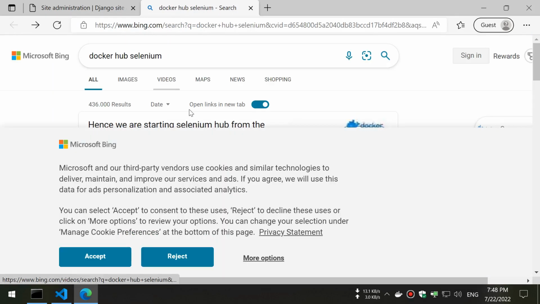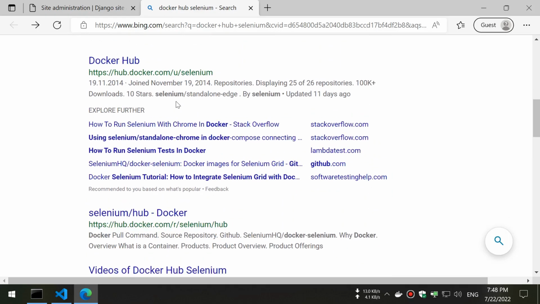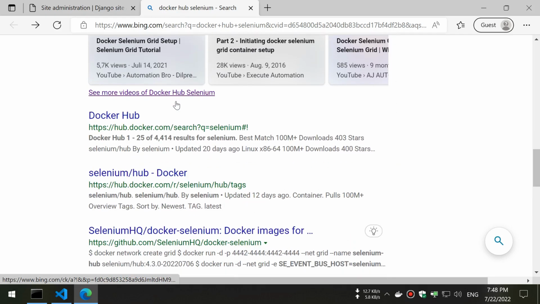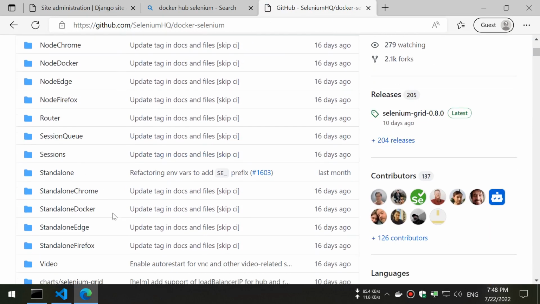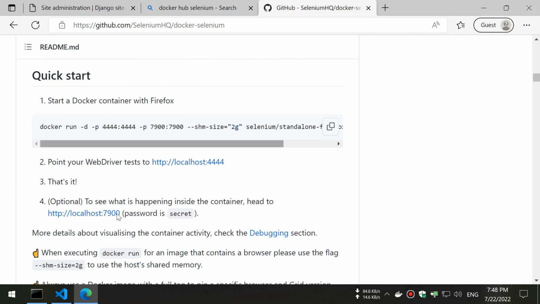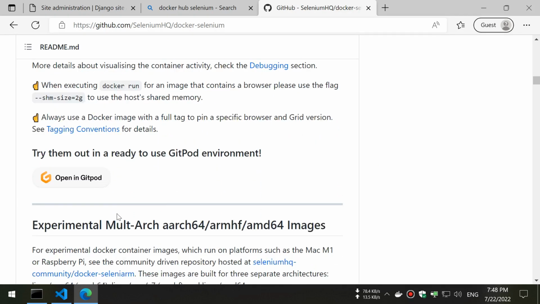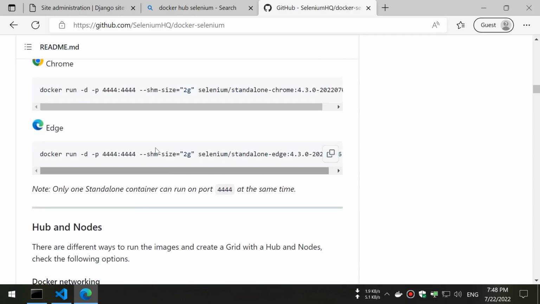I think I should get it from their GitHub page. Let me check their GitHub page, and okay, so